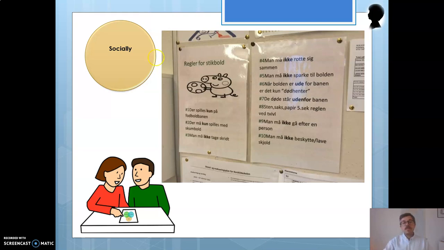But then the teachers made all the rules transparent by writing them on posters on the wall. Now the children discussed with the teacher, okay, what are the good rules in this ball game? And all the rules were put on the wall. So every child in the class was able to see what is expected of me when we play these ball games. The ones who were socially excluded because they were breaking the rules all the time had a much better chance of being socially included because now they knew the rules, both the spoken and the unspoken rules.